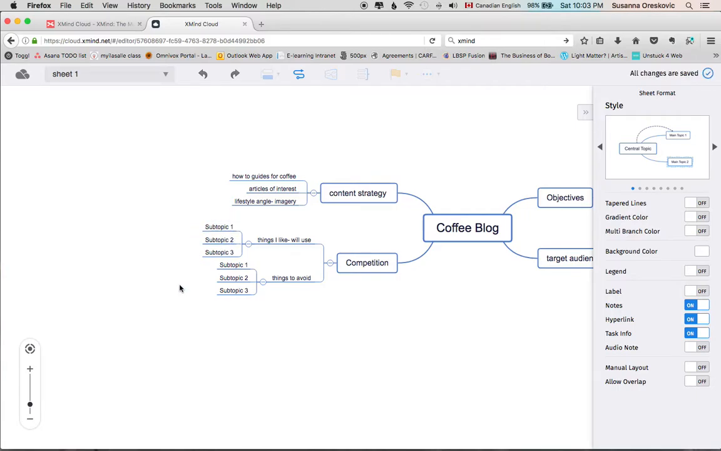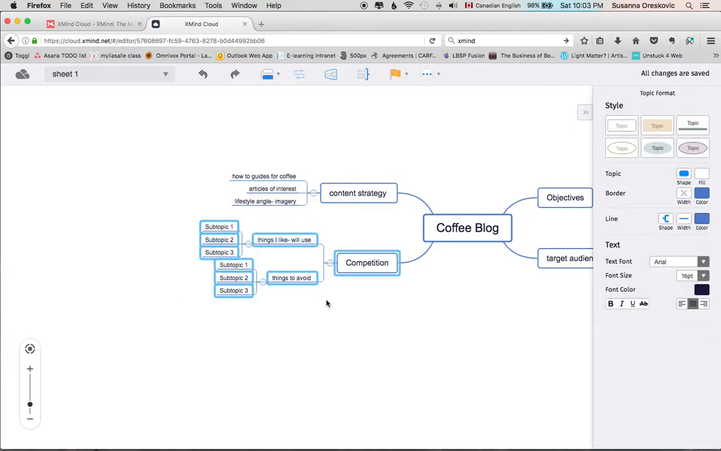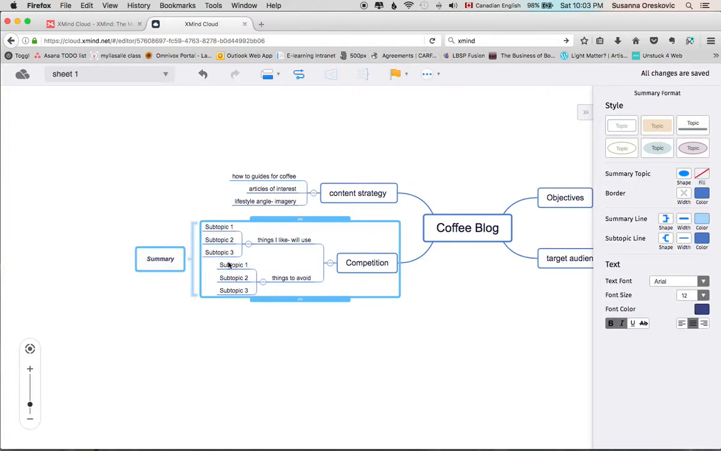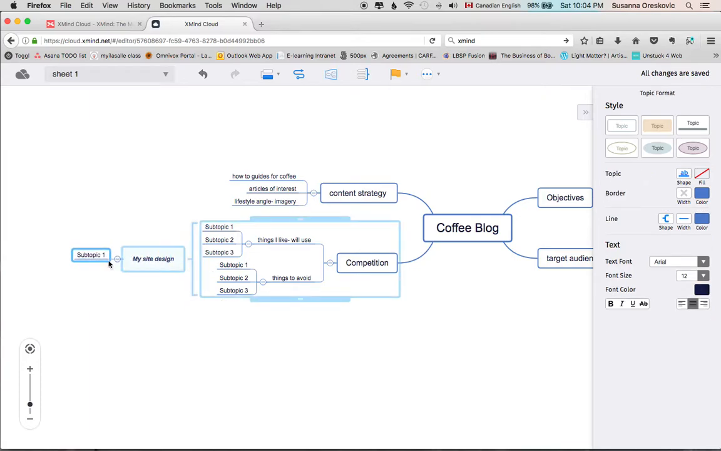Yeah, I wanted to take these topics and summarize that. Yeah, that's what I want. A summary of my competition. The summary, which I'm going to say is my site design. So I'm going to take everything that I like in the competition and things I don't like, and I just highlighted this entire box and pressed summary up here, as you saw. Take that, and from that, in my site design, I'm going to look at